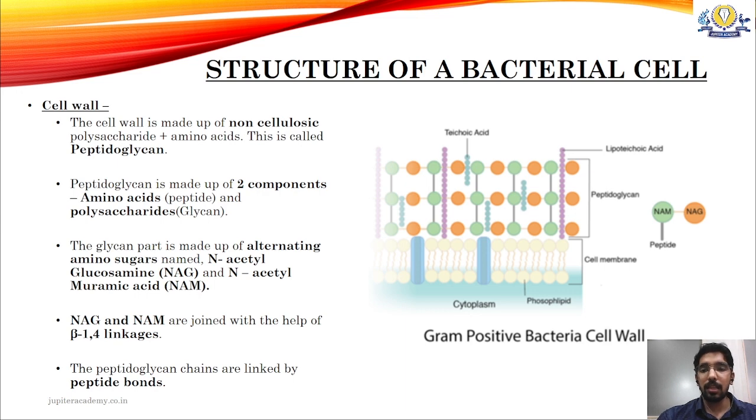And you see in the diagram that there are three layers of peptidoglycan chains. Each chain is joined to one another only at the green molecule, which is N-acetyl muramic acid, and these are joined with the help of bonds known as peptide bonds. So within the chain, between NAG and NAM, it is a beta 1,4 linkage, and between two chains, it is peptide bonds. Okay,